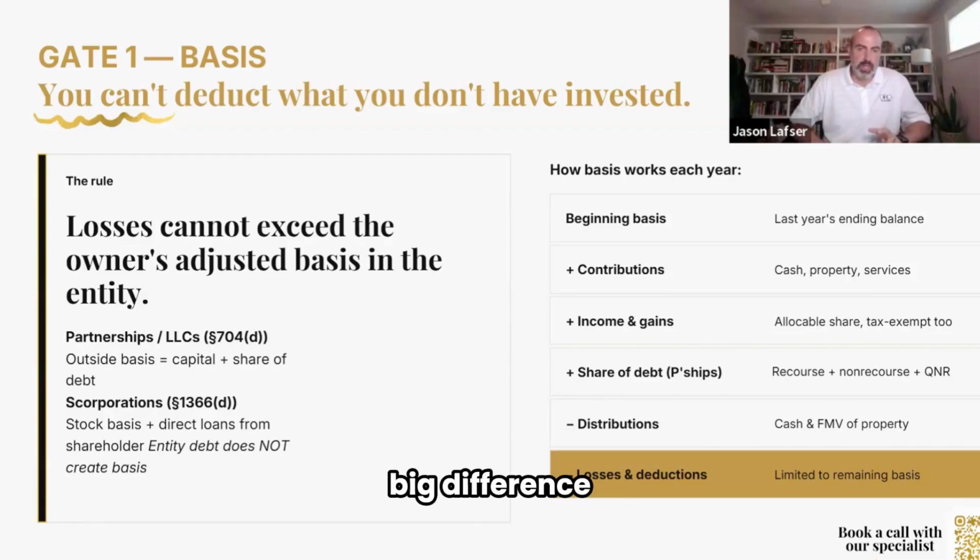And again, the big difference to consider when we're talking about a partnership and an S corporation is when it comes to debt. Partnerships, the share of the debt of the partnership gives the partners an increase in their basis. So again, if you think about, I've got a 50-50 partnership and the partnership has $100,000 of bank debt. If that's allocated between me and my partner, 50-50, 50,000 to him, 50,000 to me, that 50,000 will give each of us an increase in our partner basis. That is not the case with S corporations.